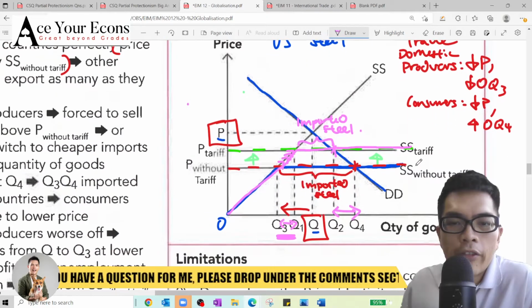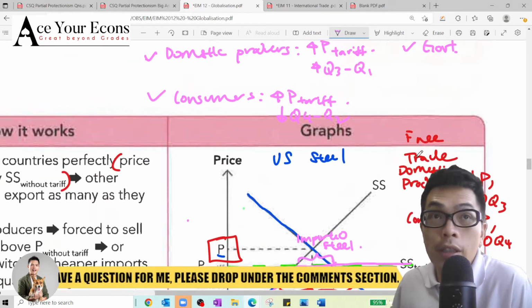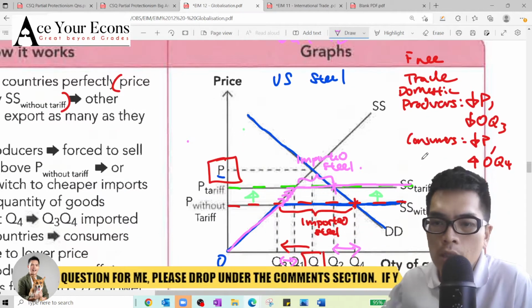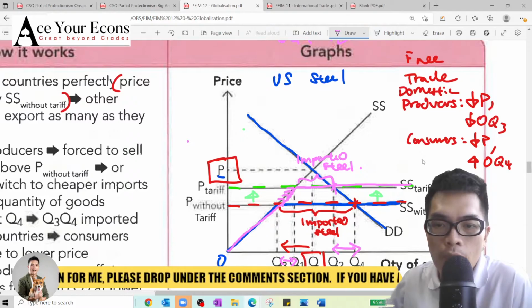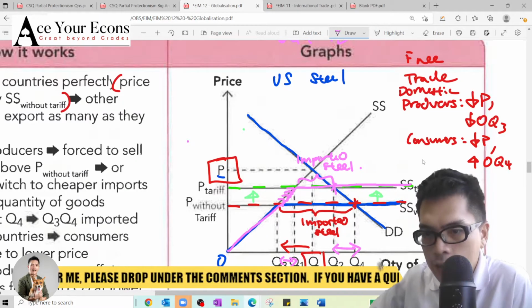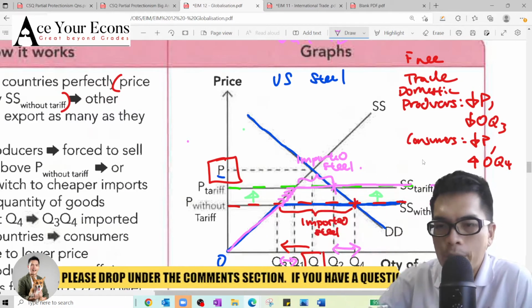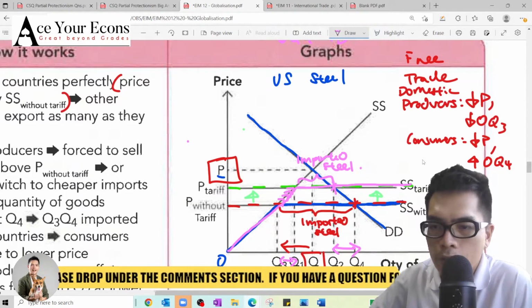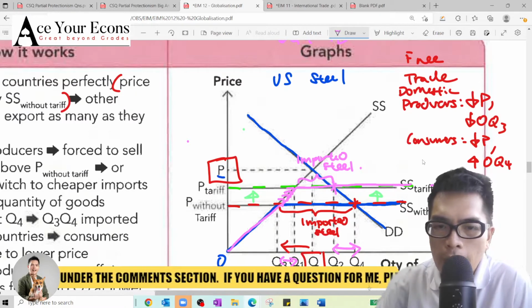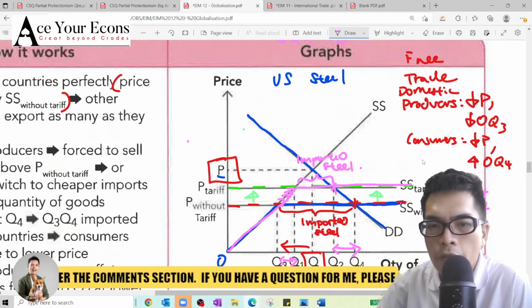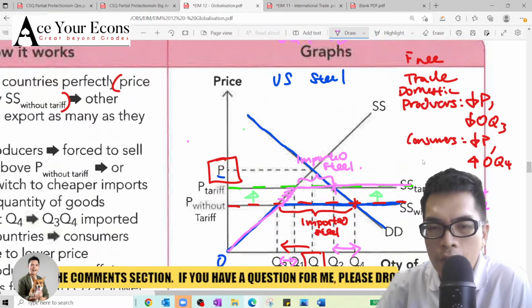Okay, how is the government better off? So this is where it comes into the picture. We can see that the import tariff is a per unit tax. The per unit tax is the vertical amount of your tariff. This is a per unit tariff. When there's a per unit tariff multiplied by your final imports, the final level of imports,